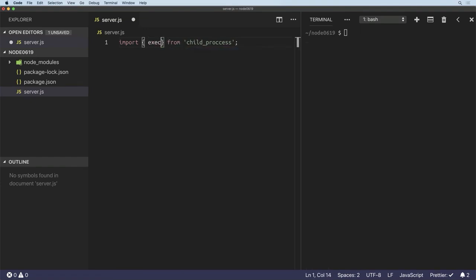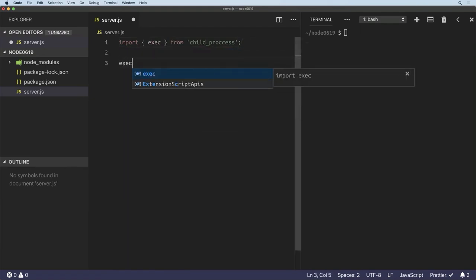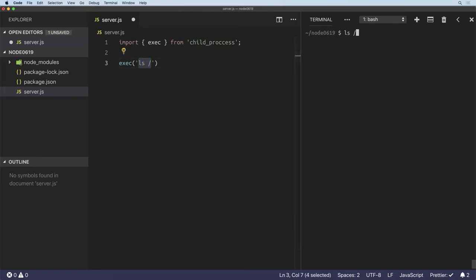I'm going to import the exec method from child process. So this exec method takes two arguments, or three, I'm not sure. We'll check the API if we need to. The first argument is the command to be executed. So let's ls /, right? This is the command to be executed. So I'm going to execute ls / from within node,